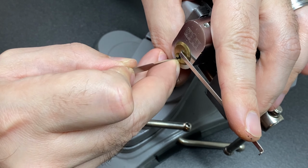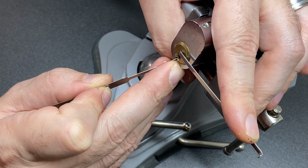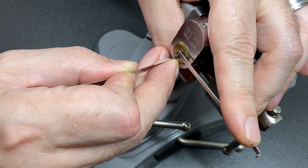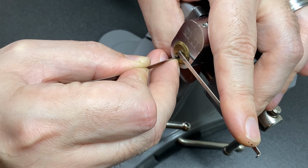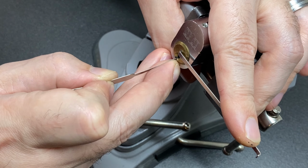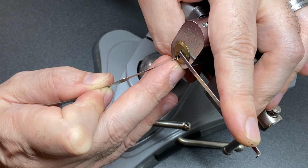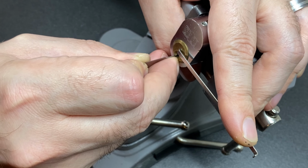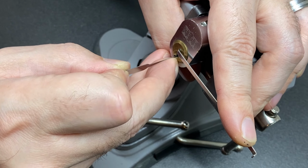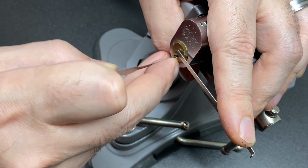Nothing on 7, 6, 5, 4, 3, 2, maybe 1. No. A bit of something on 4, 5. 3, 2. I swear 1's binding now. Come on. Yeah, got a little click out of 1. And another one maybe? Yeah, okay. Well, I'll take that. Maybe a little click on 6. So 7, 6, little click. Nothing on 5. 4's binding. 3, 2,